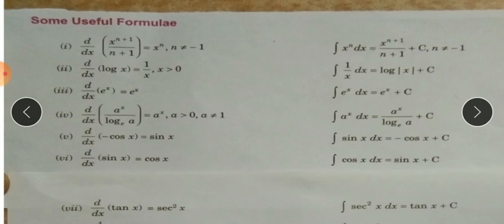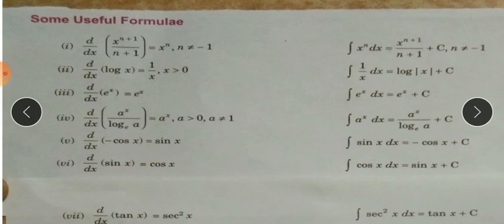1. Refer other formula, d dx of log x is equal to 1 upon x. See, here 1 upon x, apply dx here and d as integration, that is integration 1 upon x dx is equal to log x plus c. See next formula, d dx of e raised to x is e raised to x, integration e raised to x is e raised to x plus c. In this way we can refer all the formulas.